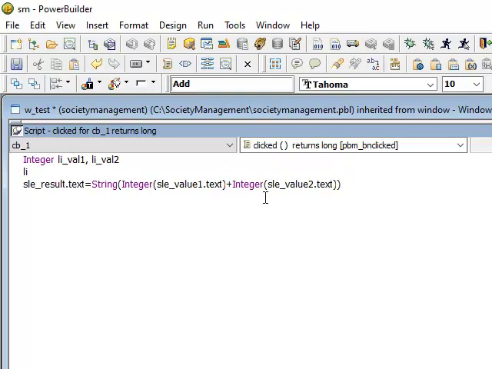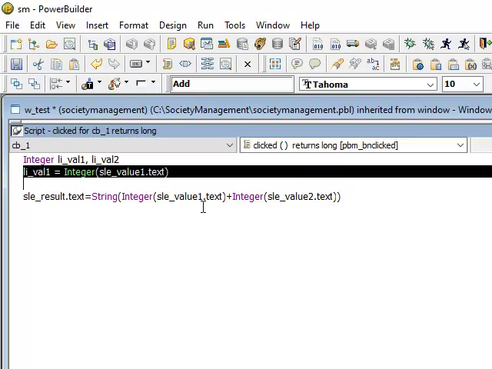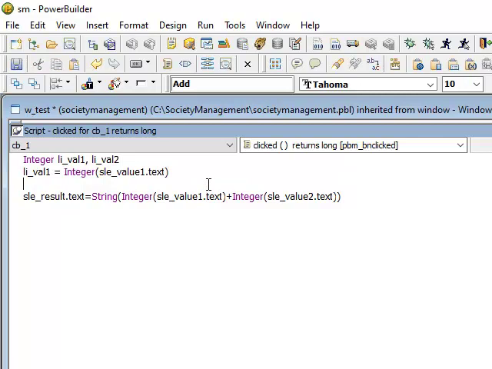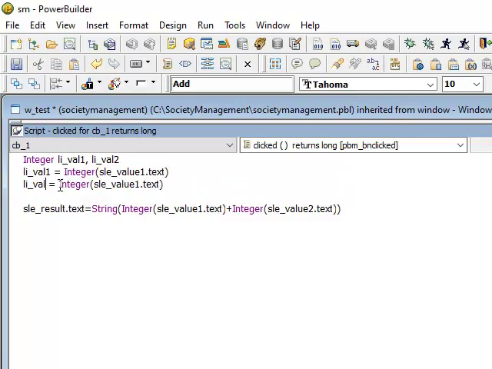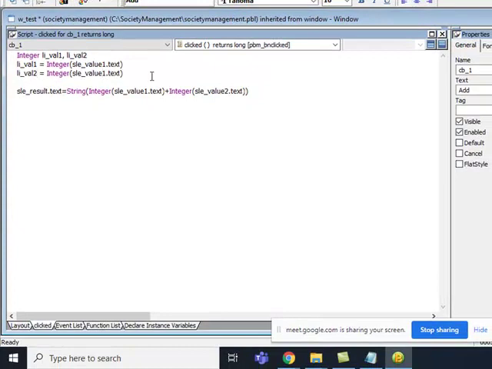Okay, li underscore val one equal to, right?